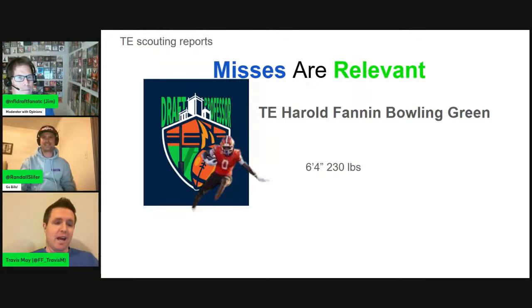So, man, I like Fannin. I could see him being an every down contributor. I want to maybe see him gain a little bit of weight, healthy weight, and maintain that speed. I think you probably hit it on the head. Low 4.6s is probably about where he's going to be at the combine, but I'm really intrigued to see what that speed looks like given what he put on display this past year.